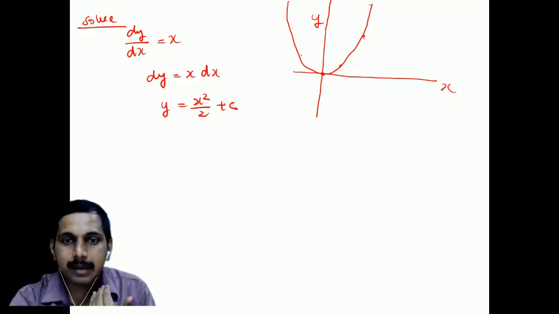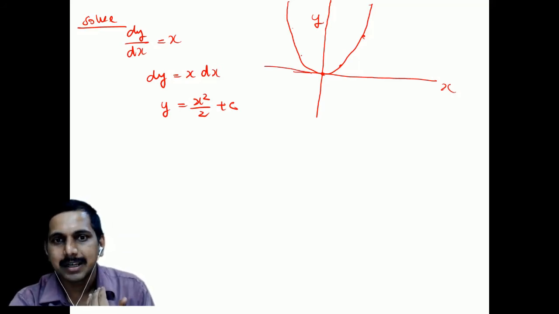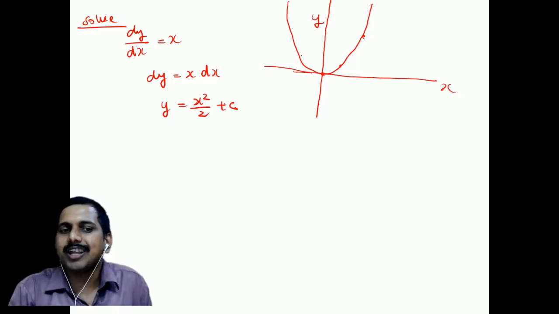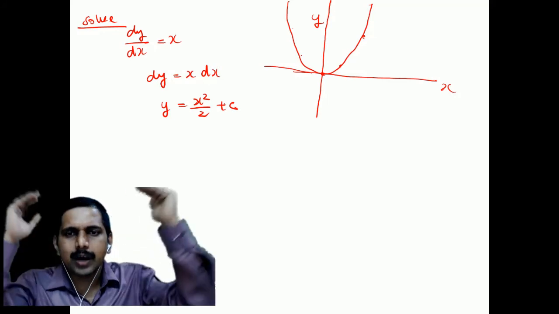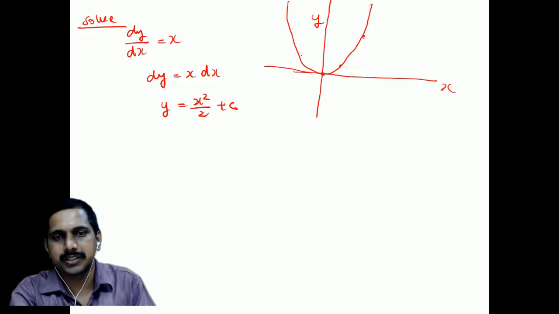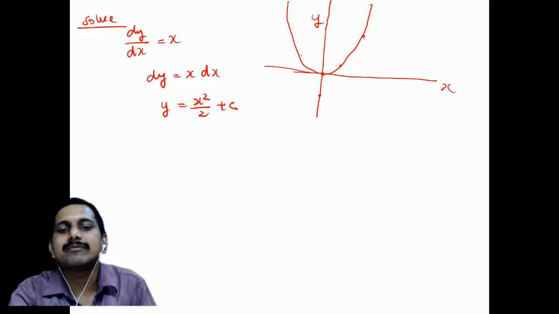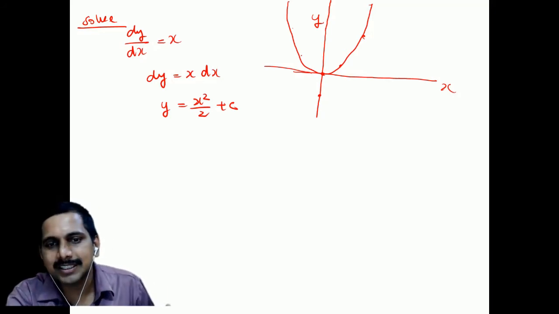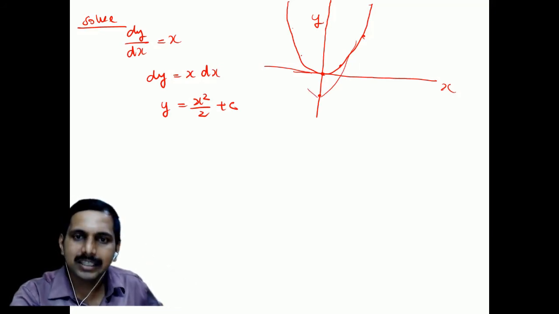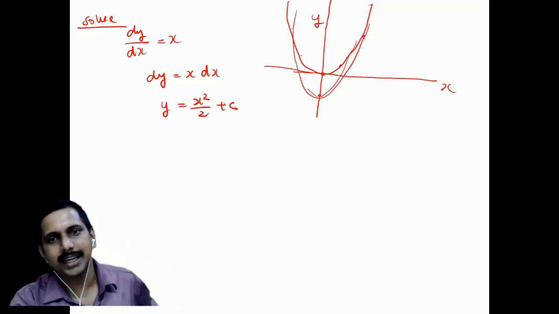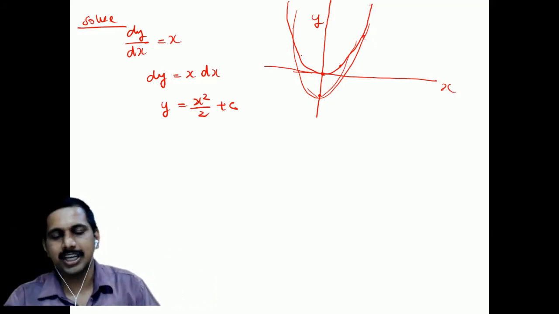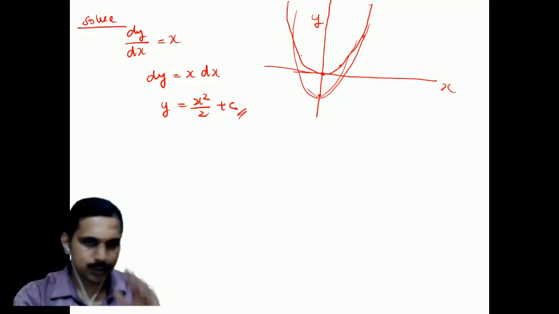Here x can be plus or minus, but you cannot have minus y here. At any cost, you cannot have minus y. So whenever an equation is written, try to imagine how the solution is. Can we have other solutions for this? Can we have minus y here, students? Yes, we can if we start somewhere from here. C is minus some value, it starts at x is equal to 0, y is equal to minus. I can start from here, then it goes like this. These are a set of solutions like this. So these are some of the particular solutions, and this is your general solution. Easy. So this way you have to understand.